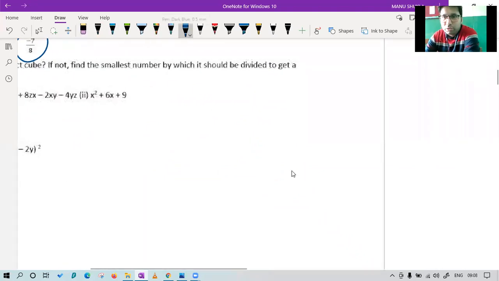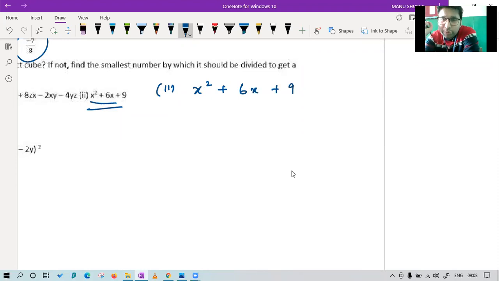Prisha, you also confirm. I want you to be here only because this question is for you. x square plus 6x plus 9. Class, tell me, is it based on an identity or on middle term splitting? If I think it is based on identity, that is also correct. But for Prisha, I will not go for that. This question is directly based on an identity. First, I will go for middle term splitting because that is a general form or general solution.